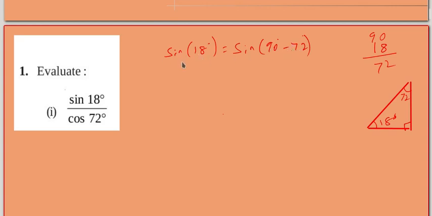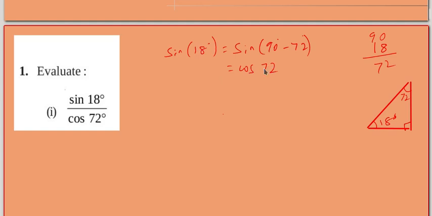From 90, if we subtract 72, we'll get 18. I did not change anything, right? The same sine is here. Instead of 18 we can replace it like this, right? 90 minus 72 is also 18 only. So in place of 18, I wrote the equality itself here. So sine of 90 minus 72 becomes cos 72. So sine of 18 equals cos 72.